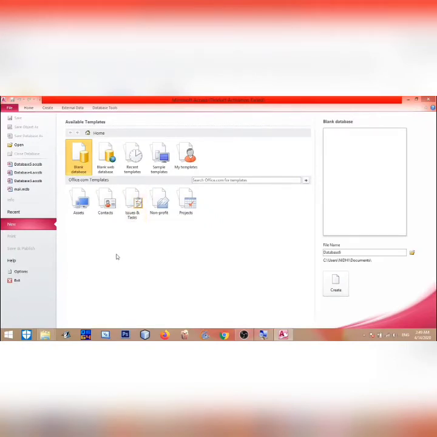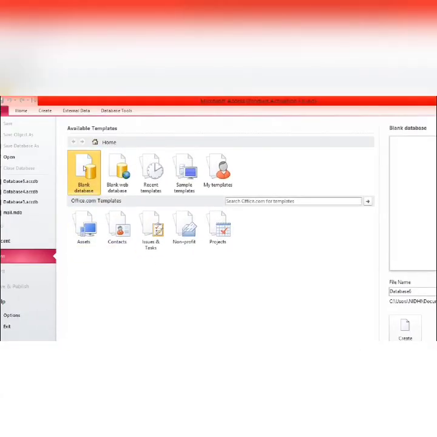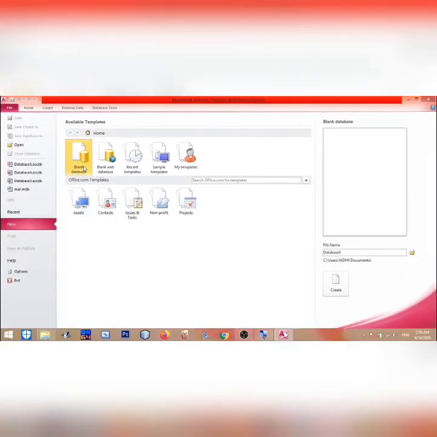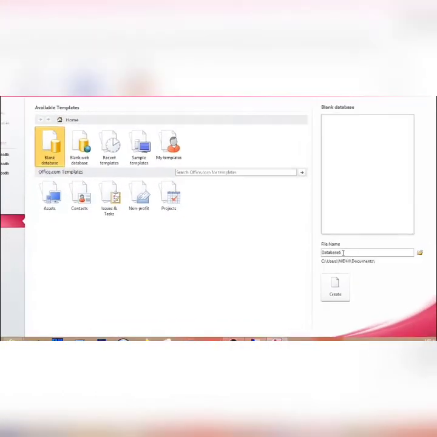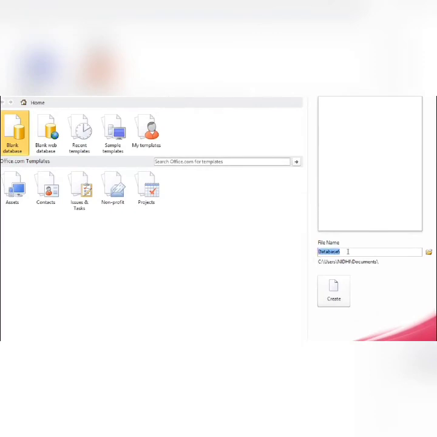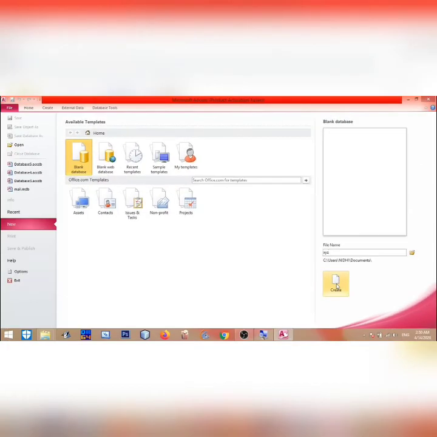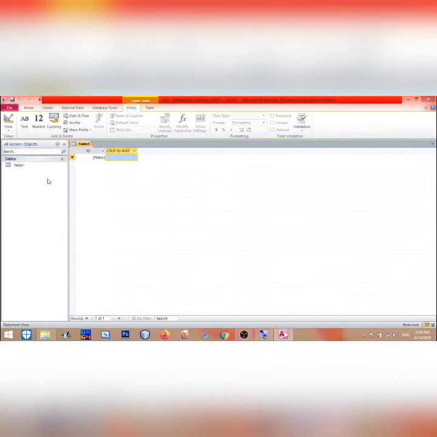So now let us understand how to make a database using LibreOffice Base and MS Access. We will go to blank database. You can see this screen. We are not using any format. We are making a new database. Then on the right side they'll ask for your file name, whatever name you want to give to your file. See, in this we do not have to save the file after making it. First we save the file and then make it. So this type of window will appear on your screen.